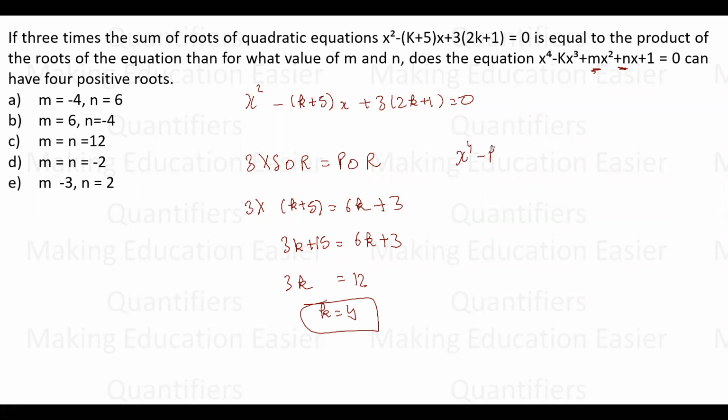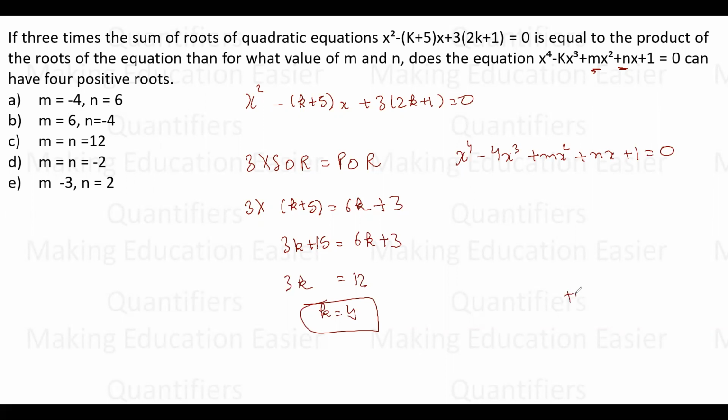x⁴ − kx³ + mx². Now here k is positive, so let me write it here: −4x³ + mx² + nx + 1 = 0. Now I have to use these things, right? I have to substitute m as −4 and n as 6, and then I have to see for the